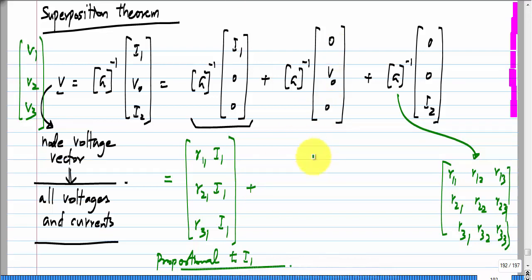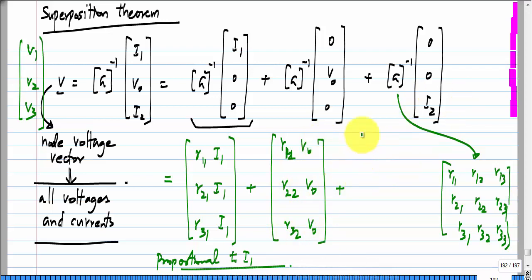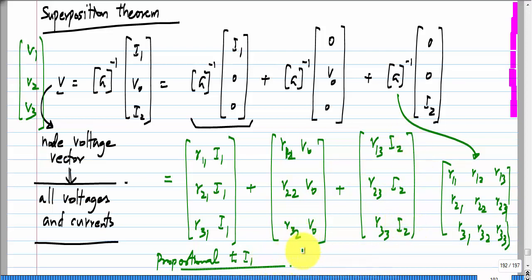And similarly, when V0 is acting by itself, we will have the solutions being proportional to V0. And finally, when I2 is acting by itself, all solutions will be proportional to I2. Okay. So, this is proportional to V0 and this is proportional to I2. So, to summarize,